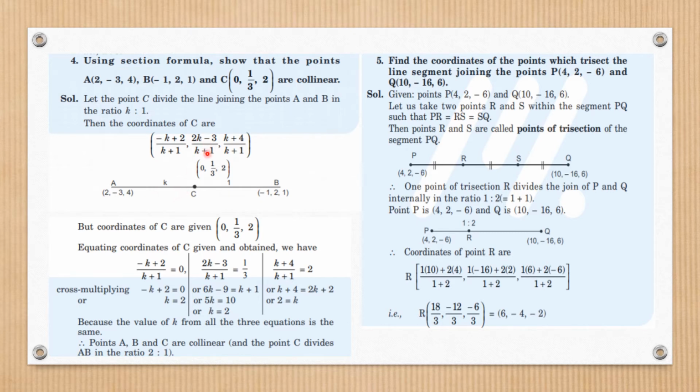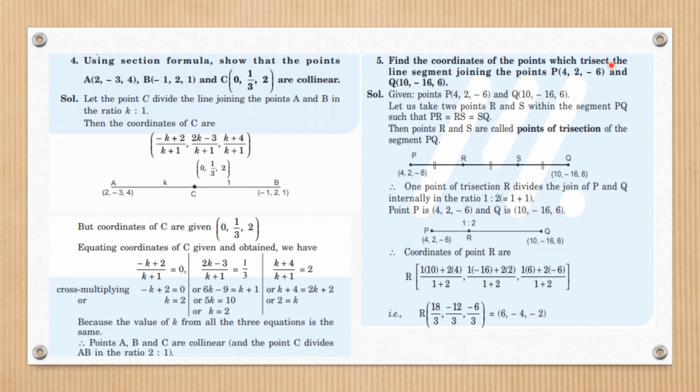Okay, now start equating. So you can again do it like this: you equate every point with this to check whether k is coming out to be the same, or you get k from equating only the first coordinate and then put that value to get the other two. You'll find that these two values, after putting k as half, k as 2, will be coming out like 1 by 3 and 2. So that means they are the same coordinates. So this is also one way. Since all the values are the same, points A, B, C are collinear and C divides AB in 2:1. This we get from this k ratio.